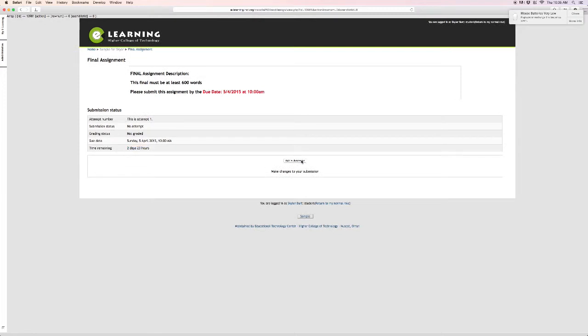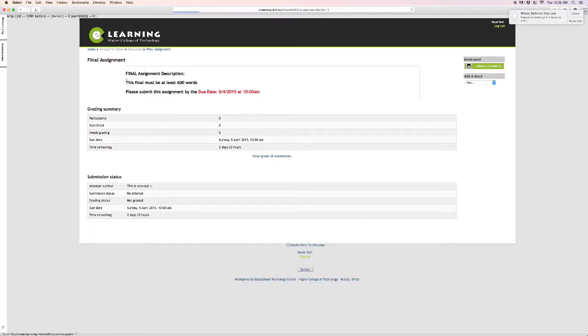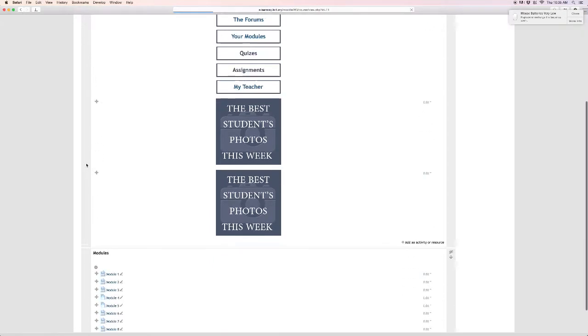And then they can add their submission. It has a little add submission button. If it is past the time, this submission button will disappear, and it'll just say no more submissions are accepted. So once that is all complete and everything's good, you can switch your role back to the teacher, return to my normal role,